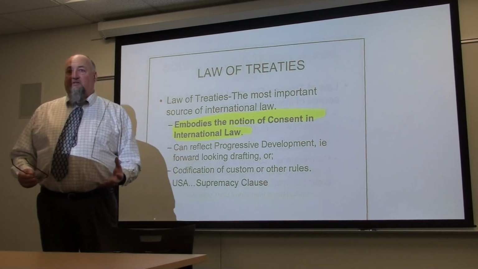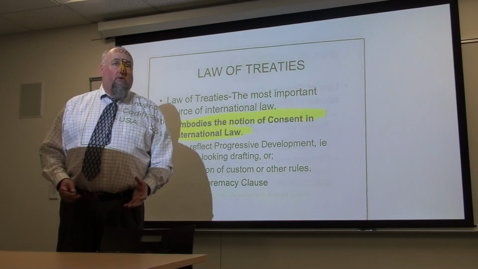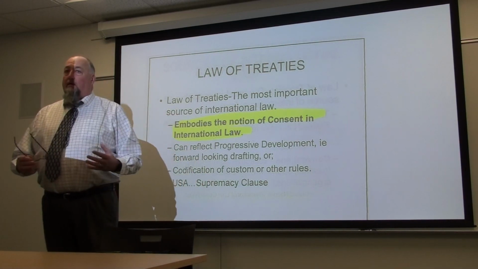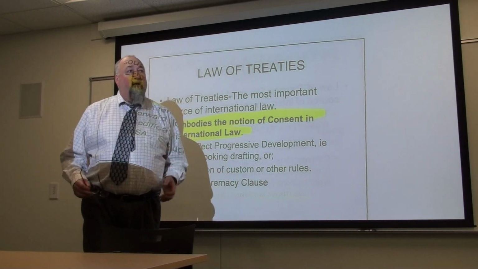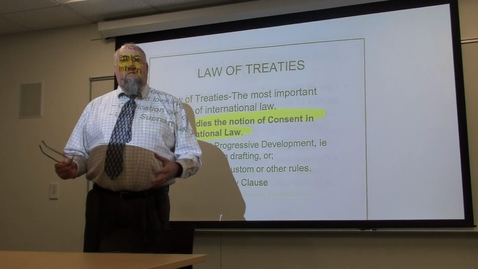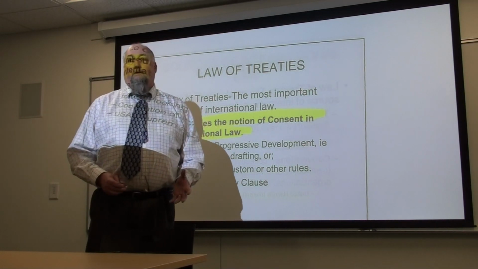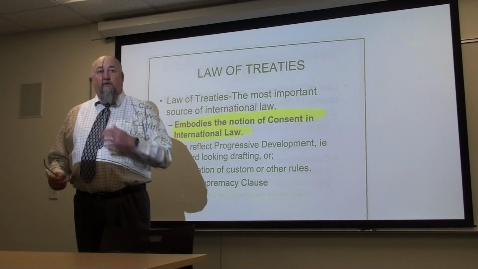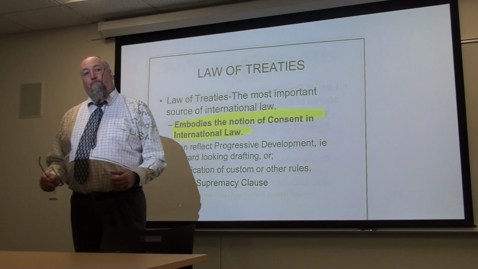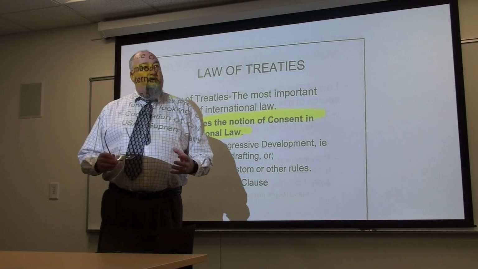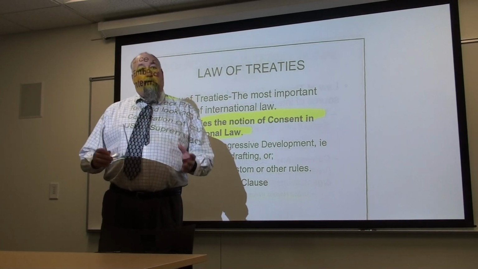That may include things like agreeing to the jurisdiction of the International Court of Justice, agreeing to the United Nations Charter, which is basically a giant treaty, whereby a sovereign state, by agreeing to join the UN, and this is also true of the World Trade Organization and very true of the European Union, all of which are really big treaties, is limiting its ability to act as a sovereign, and that may, in some cases, actually